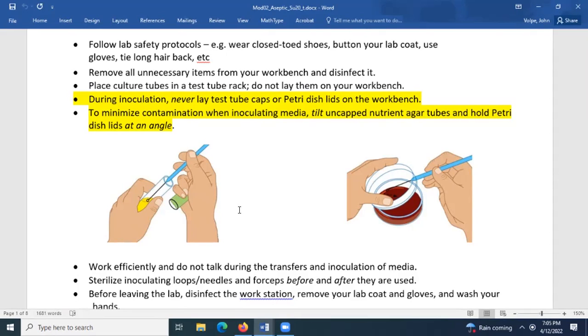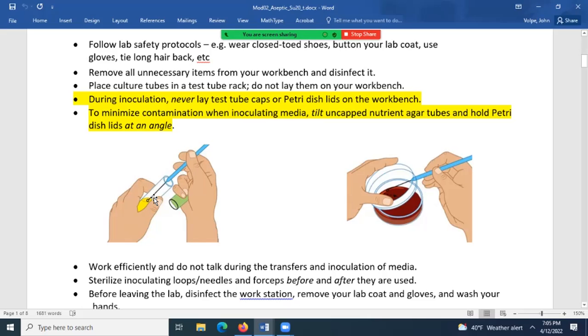The reason is if it's at an angle, if something comes down from the air, it may not go inside the tube. Whereas if you hold it directly up and something falls down from the air, it's going to go right in the tube. So hold it at an angle, put your tools in there and do your stuff, and that will reduce the